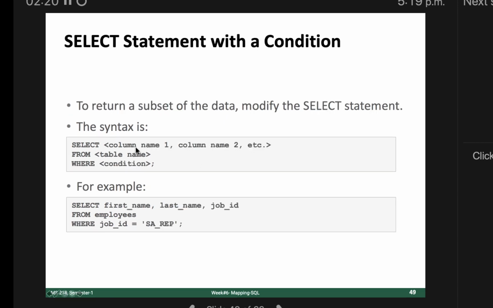Instead of star, you can mention column names. So select first_name, comma, last_name, job_id from employees, and then you are putting one condition. This is for column selection, and after the where clause you are putting some criteria where job_id is SA_REP.